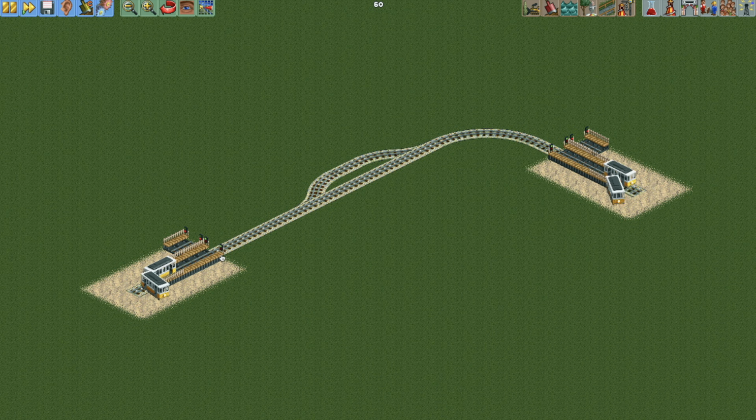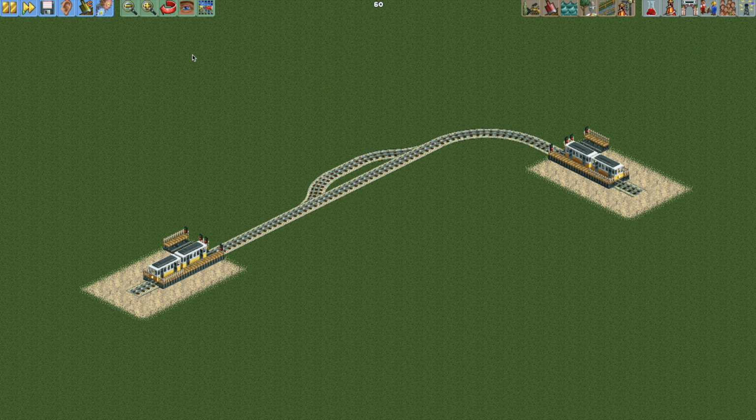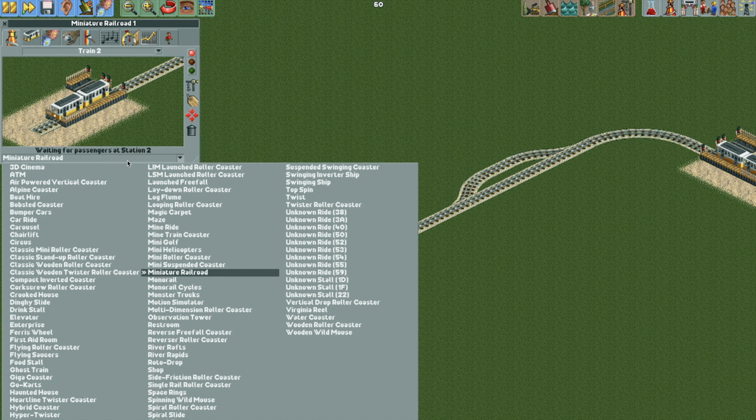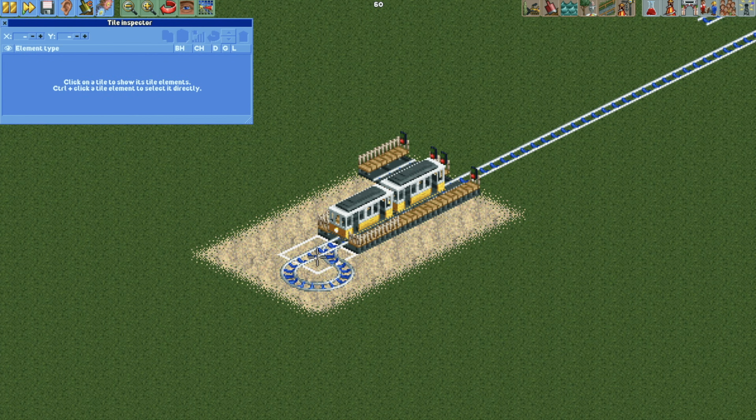Now, if you don't mind the trains doing that little tight turn at the end, you could just cover it up with a station and leave it at that. But if you want to add that teleporting kind of thing I showed you at the beginning, we're going to change the ride back to the spinning wild mouse and open the tile inspector and select this straight piece of